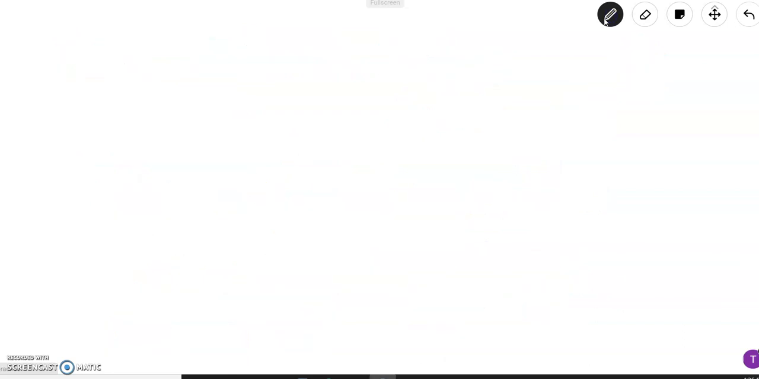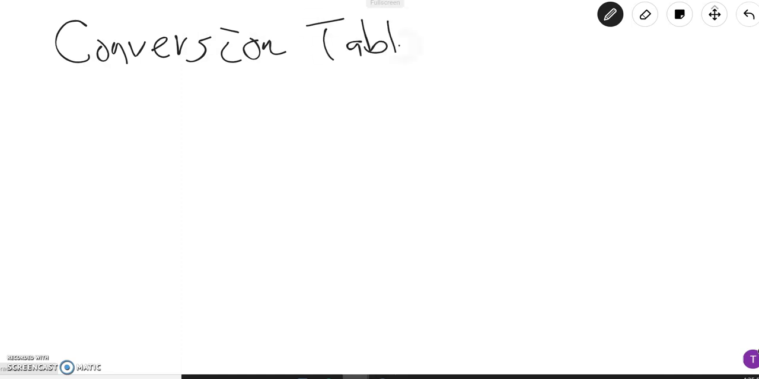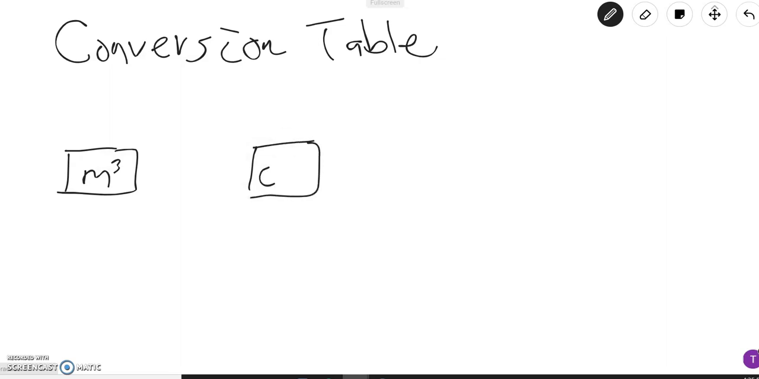Okay, so now that we know about the 3 units, we can just use a conversion table to convert the numbers. And with volume, the numbers change quite a lot. So let's make a quick conversion table. We'll start with our biggest unit, which is cubic meters. Then our next unit, which is cubic centimeters. And our last unit, which is cubic